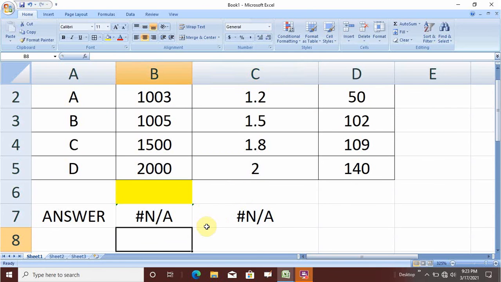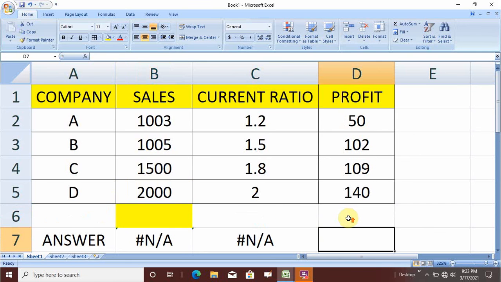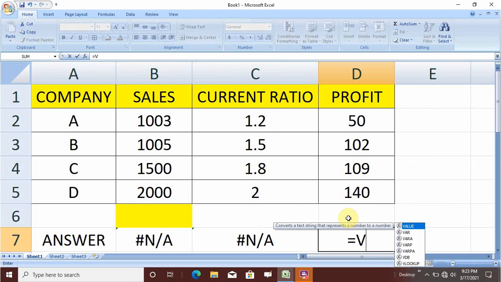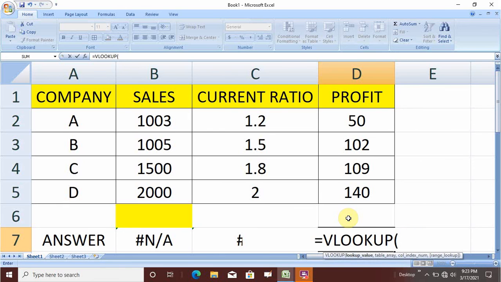So this is your current ratio, this is your sales, and the last option is profit. If you want to find out the profit, you again write VLOOKUP, start the bracket, then select the variable field. Here we always have to keep the variable field so that we know what data we have to find out. So B6 is the variable field, this is column B and this is the 6th row.